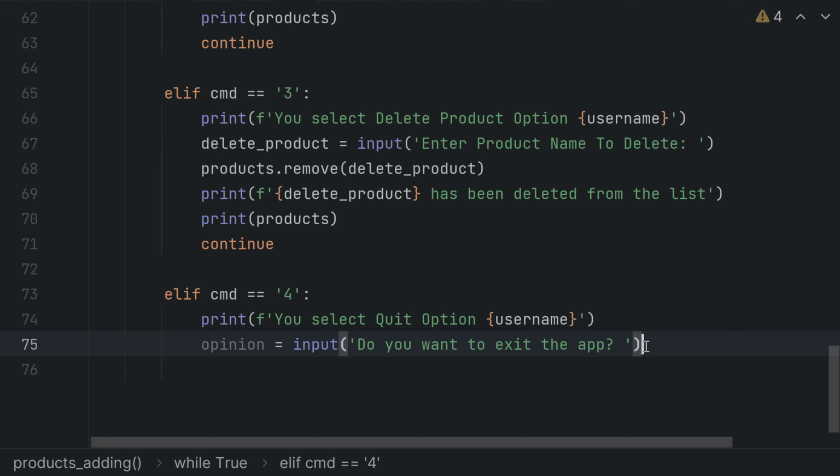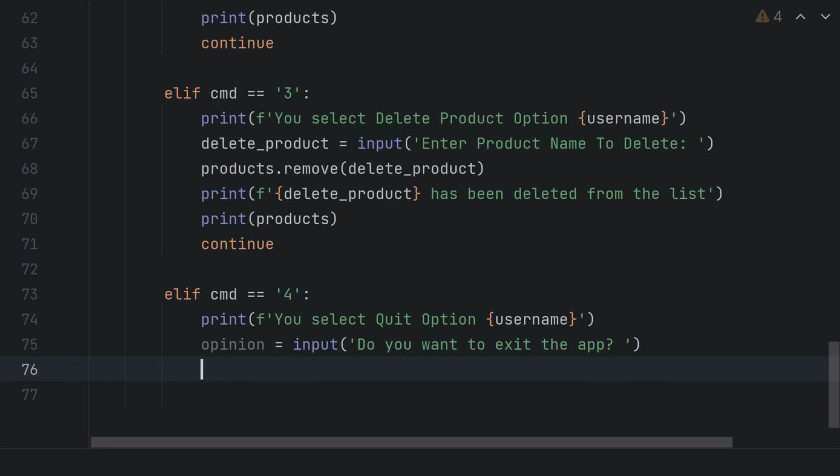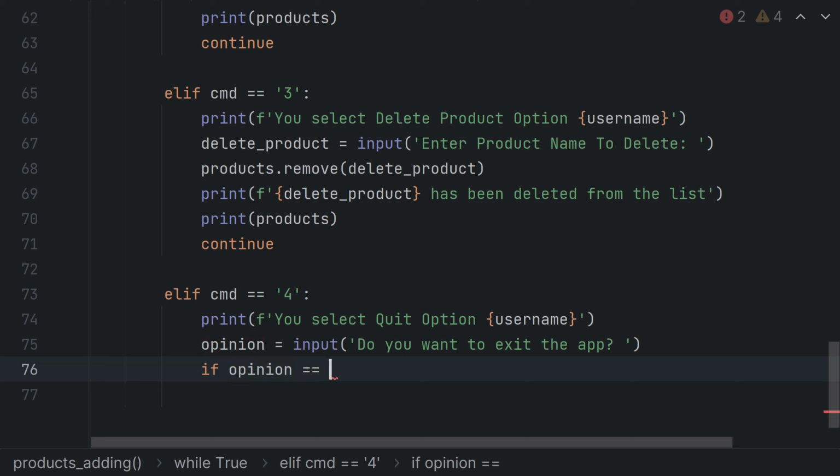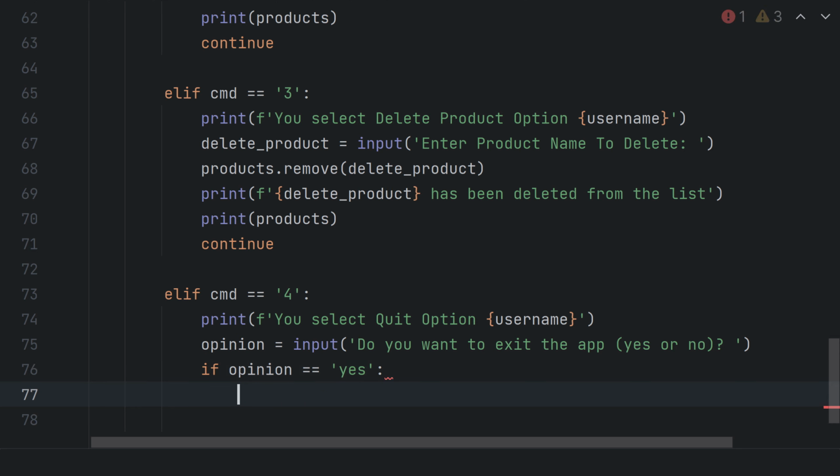That means you want to quit the app. Now we ask for the opinion, and if the opinion of the user equals yes,